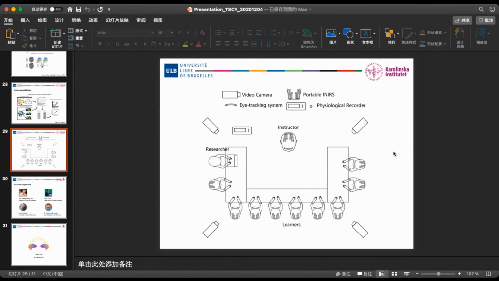It's also doable to measure the brain activity from learners and instructors simultaneously during their teaching and learning activities. Our previous work, along with others' work, has already shown that the interpersonal brain synchrony between teacher and student, also between student and student, could act as a marker of the effectiveness of teaching and learning outcome. So it could be ideal if we could collect their brain activity in the classroom as well,